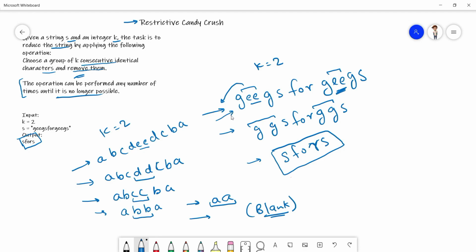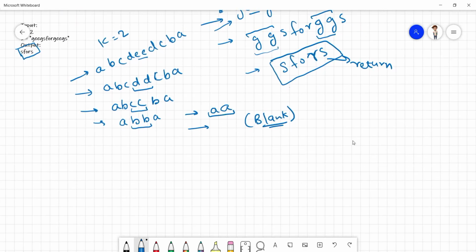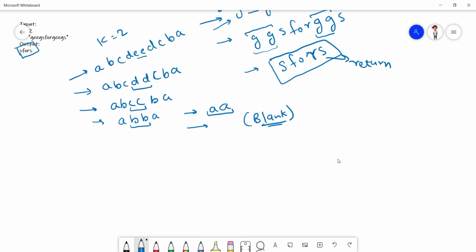After removing all the E's, it was also possible to remove two G's, and then we did it again. We find that no such K identical consecutive elements are present, so now we return this string. I think the question is clear to all of you. If not, please rewind it back.